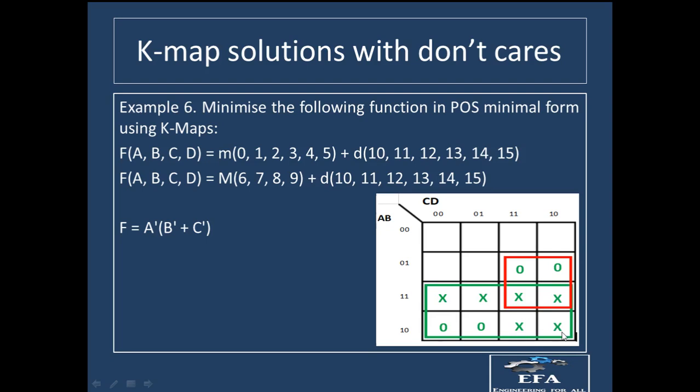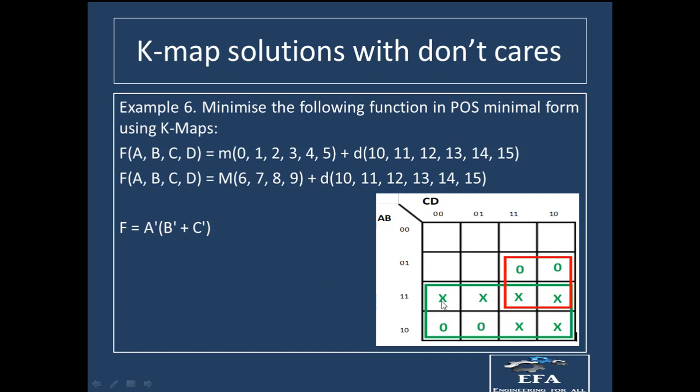So now again we have to make the groups. The first and foremost condition is that we have to make the biggest group possible. The biggest group possible in this case is this green box, you can see, right? So we have to take this first group. After that we can see that these two zeros are left, but these two zeros can also be grouped with these two crosses. So this big box, these four inputs with two zeros and two crosses, can be taken in this group. So in total we'll be having two groups, and we have to find the final output out of these two groups only.